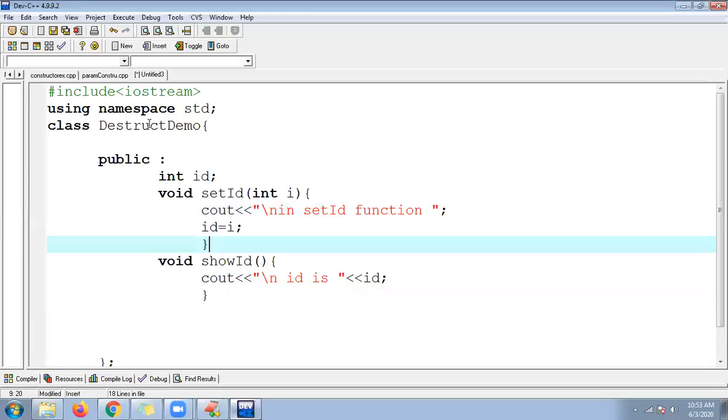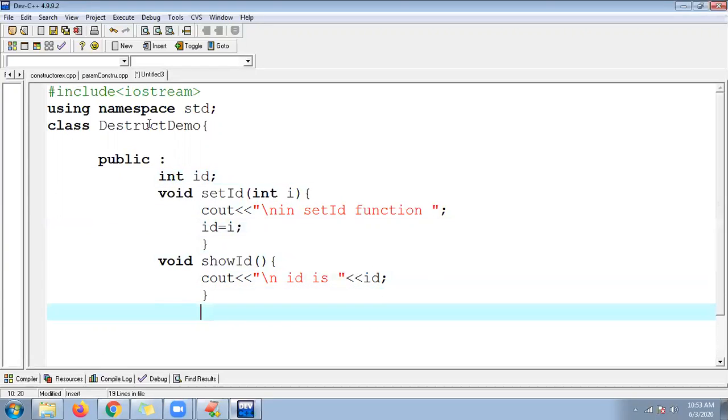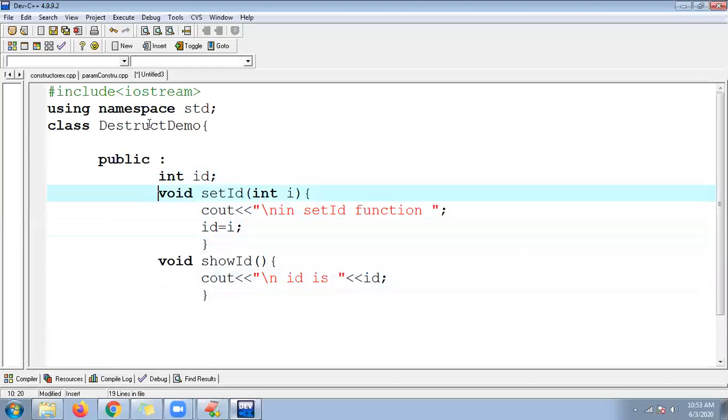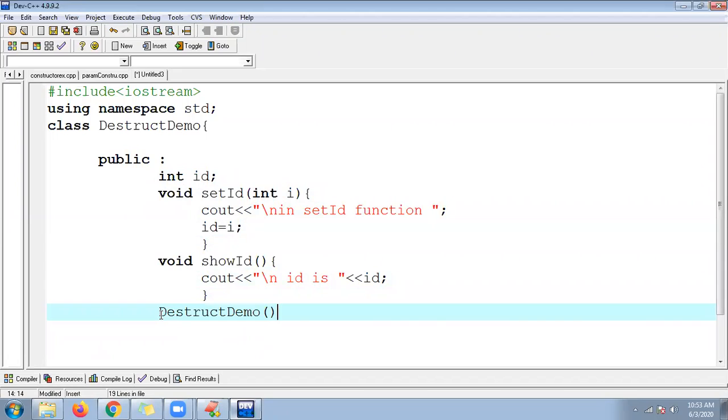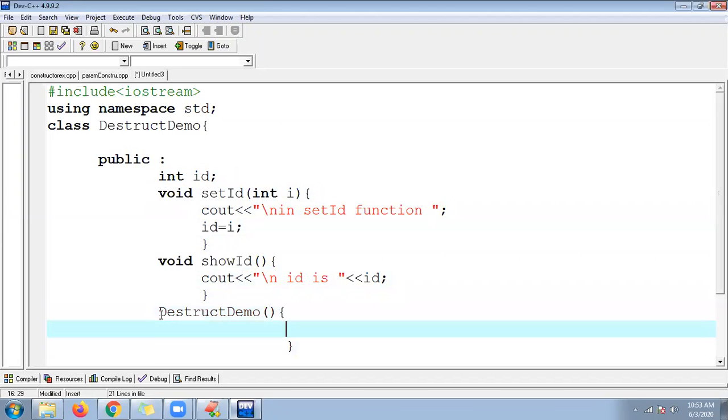After this I'm going to use the constructor. Let me use a default constructor, or you can call it a no parameter constructor.